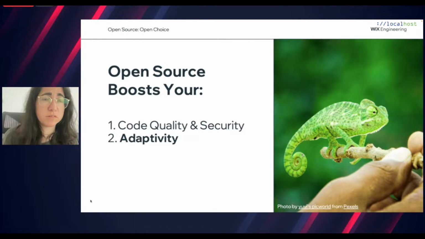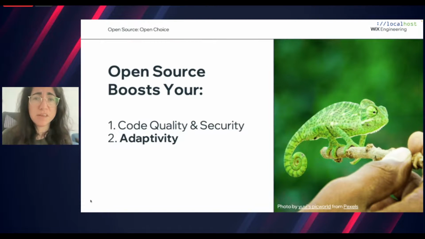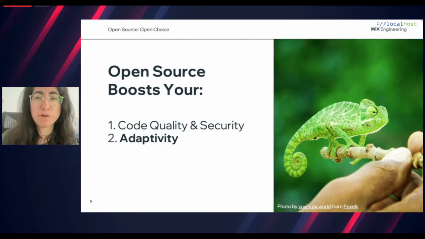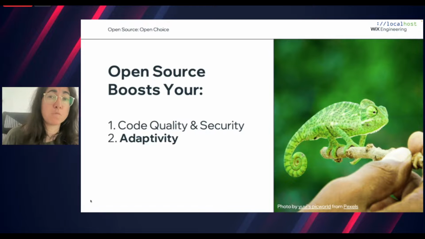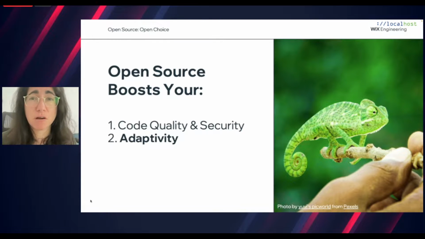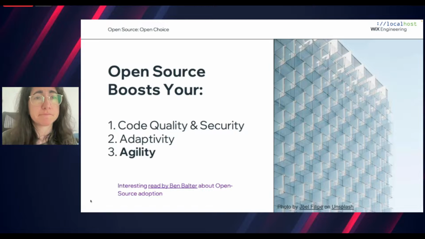Also, open source boosts adaptivity, because what is adaptivity? If we have more users, then we have more use cases, and then the code will be more robust. It is adaptive to various use cases, and it allows us to surface bugs and edge cases much more rapidly than traditional QA processes. It also encourages more modularity and avoiding this one-size-fits-all kind of assumption, resulting in greater flexibility and lower customization costs in the long run.